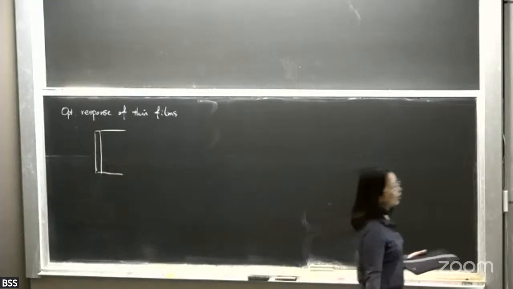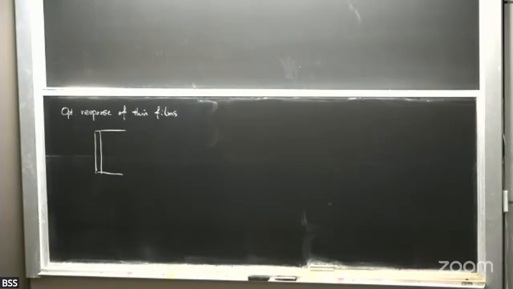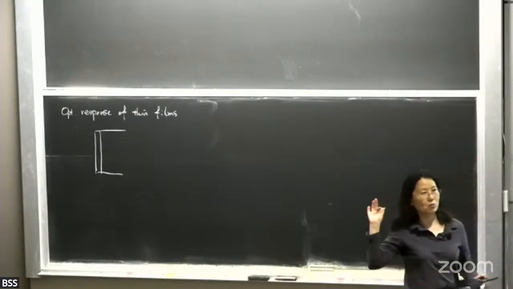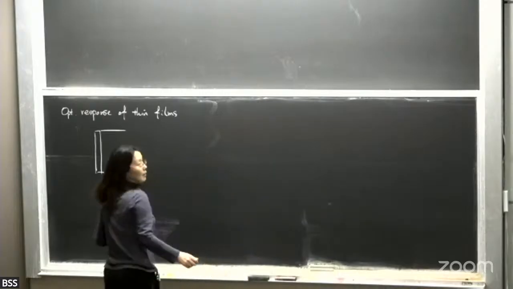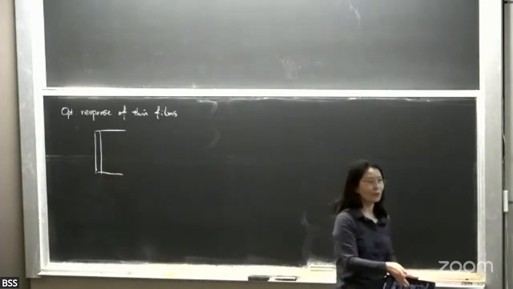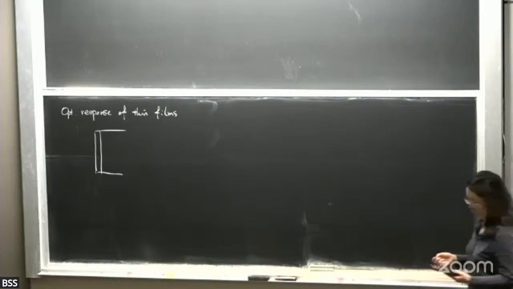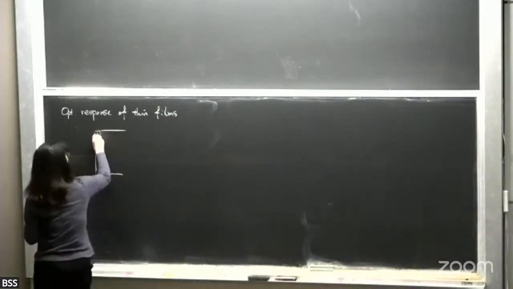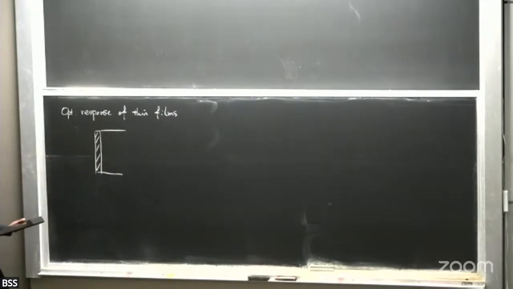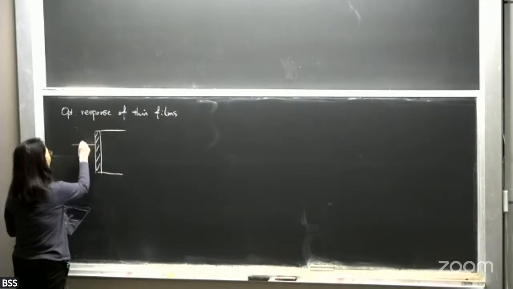This is okay, although your substrate could be finite, but we have a pinhole. That means all the reflection from the back surface will not reach your detector. So effectively, this is a semi-infinite substrate, okay? And in this picture, although the light is focused down, it's still a pretty good approximation to just use a plane wave. So this is pretty much just a thin film on a semi-infinite substrate, and we have light coming in, let's